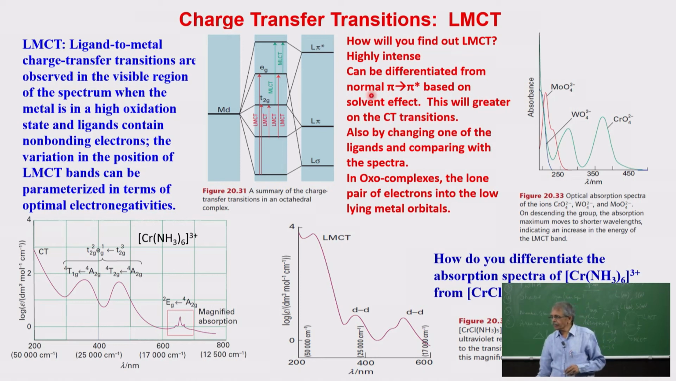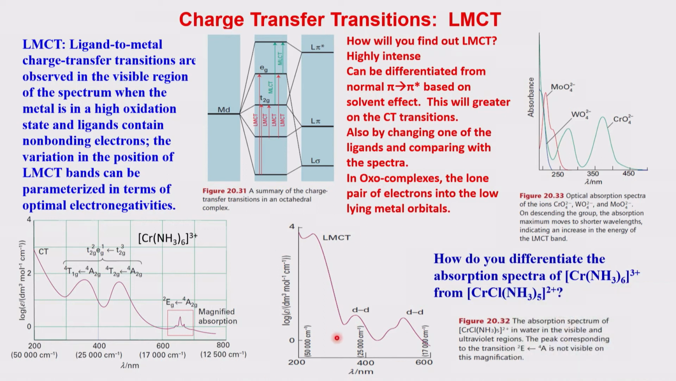So there are a variety of ways one can make it. Just have a look at this one. In a typical complex, there is one d-d transition, there is another d-d transition, and there is a ligand to metal charge transfer transition kind of thing. So similarly here, the chromium hexaammine complex, there are some